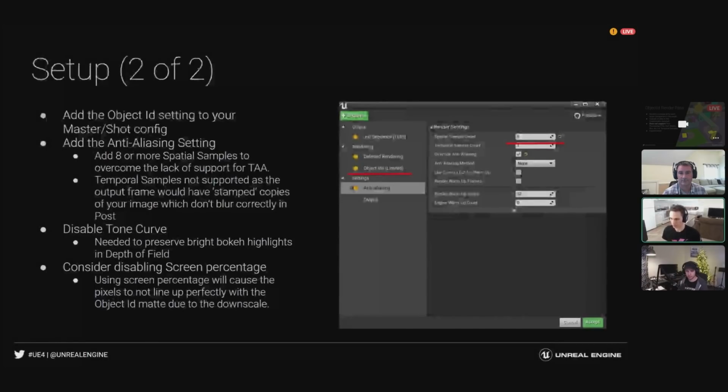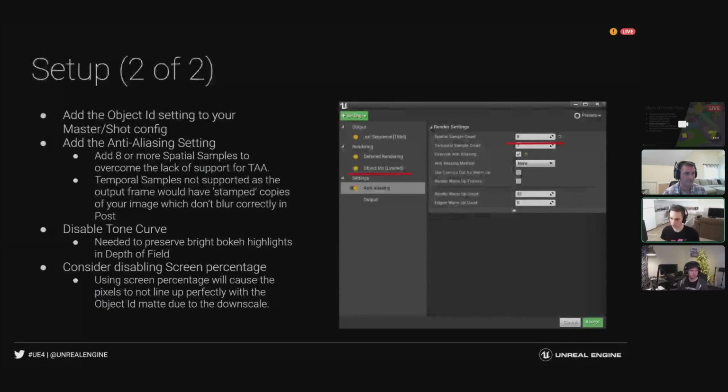Because we've disabled the motion blur, the final image that comes out of Unreal is going to have kind of stamped ghost copies of everything, and there's going to be no blur covering between them. So it's going to end up with a look that you don't expect. And then when you try and blur them in post-production using the motion vectors, it's blurring data that's not blended together correctly, so you end up with the wrong look.